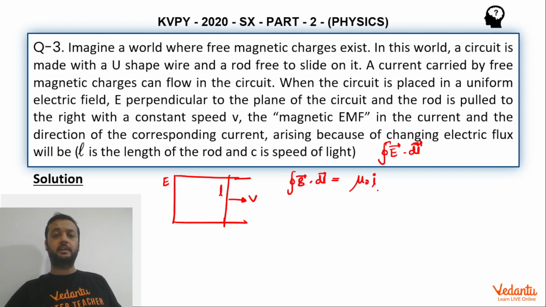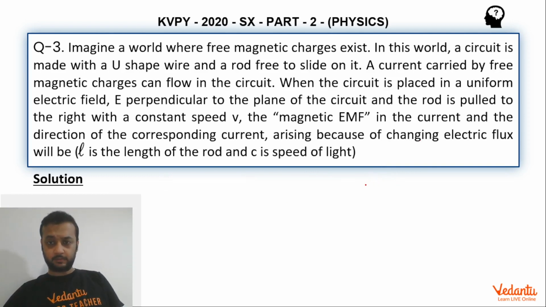However, if you have read the topic of electromagnetic waves, there is a topic in that, displacement current. So James Clerk Maxwell said that the integral B dot dl is equal to mu naught I if the flux of electric field is constant. That means if the flux of electric field is not changing, then integral B dot dl will be equal to mu naught I. However, if the flux of electric field is also changing within a loop, then integral B dot dl will be equal to mu naught I plus